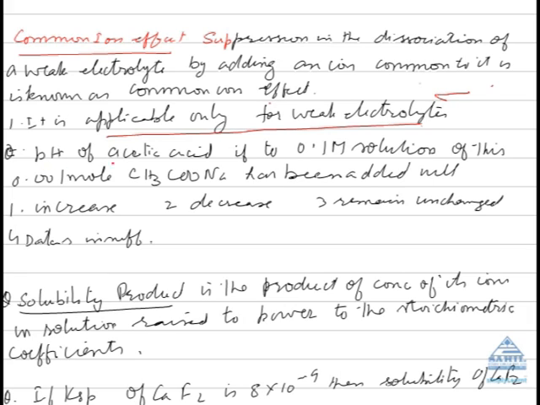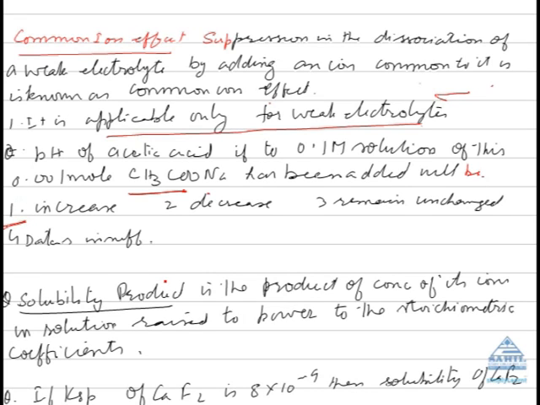Here's the question: pH of acetic acid, if to a 0.1 molar solution of this 0.001 mole of sodium acetate has been added, will be. Now acetic acid is a weak acid. 0.1 molar solution has been given to you. You are adding sodium acetate, means we are adding acetate ion concentration. So naturally this equilibrium will shift in the backward direction. So concentration of H ions will decrease. When the concentration of H ion decreases, pH increases. Hence the answer will be first.